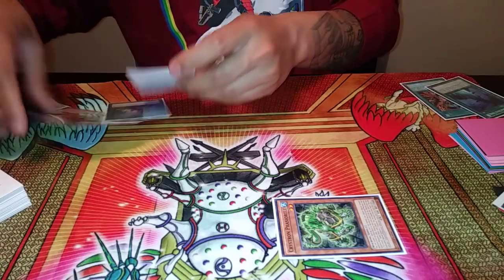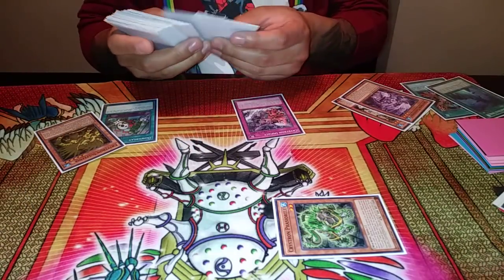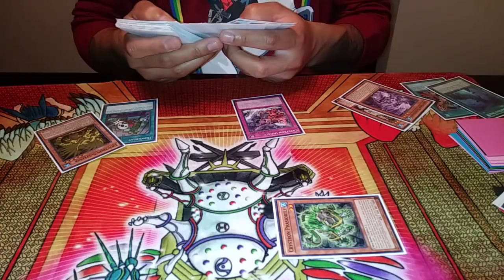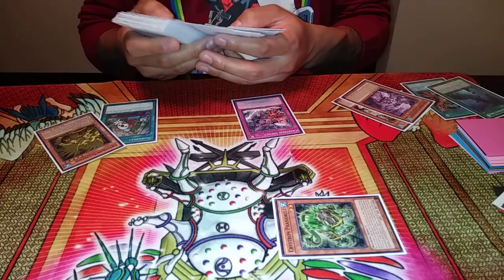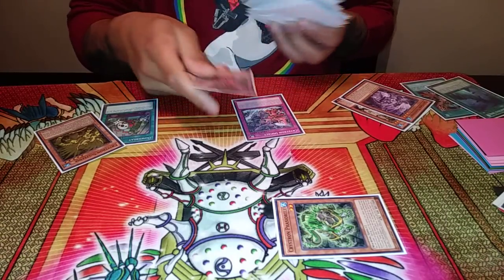You're going to banish both your Smiger and your Thisfern to search. Banish them one at a time, of course, not at the same time. The Crystron monster you search is going to make a difference. So what you're going to do here